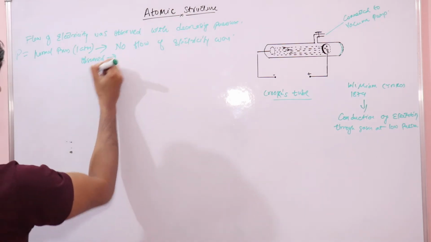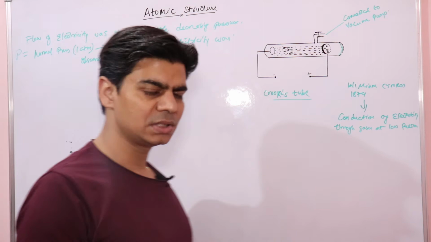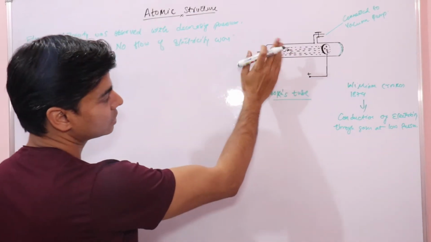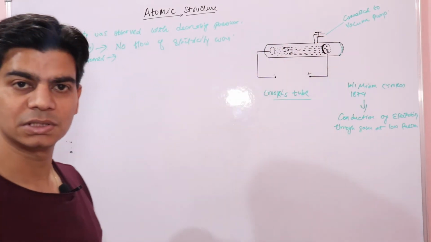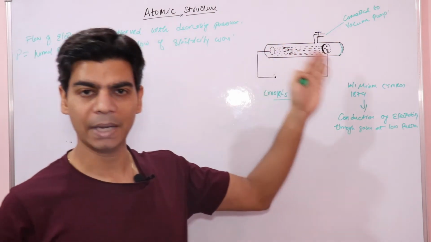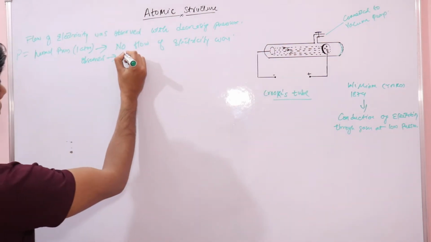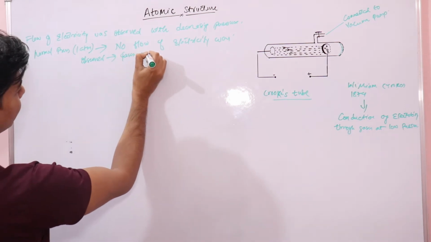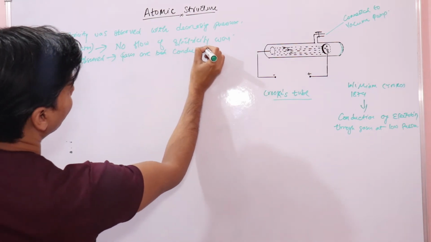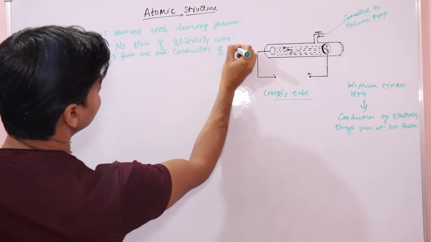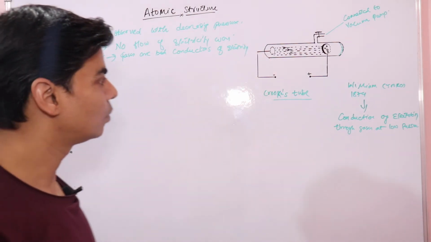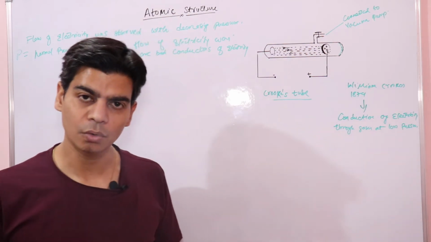Why no flow of electricity? The simple reason is that gases are poor conductors of electricity. So when there was too much gas inside the discharge tube, no current flow was observed because gases are bad conductors of electricity. Now if you want to look deeper into why electricity did not flow at high pressure,